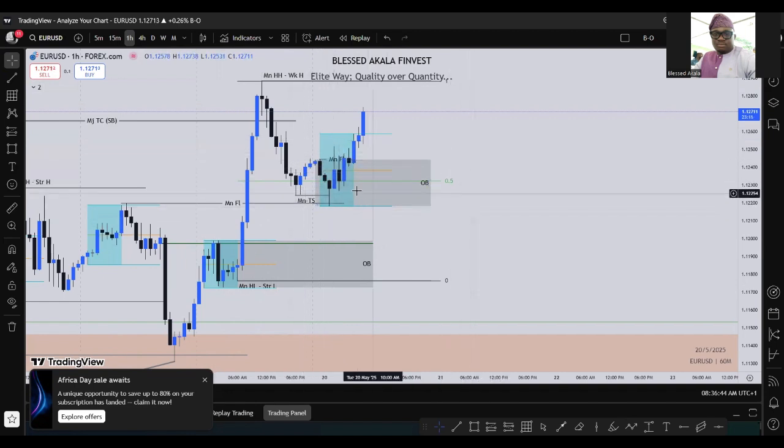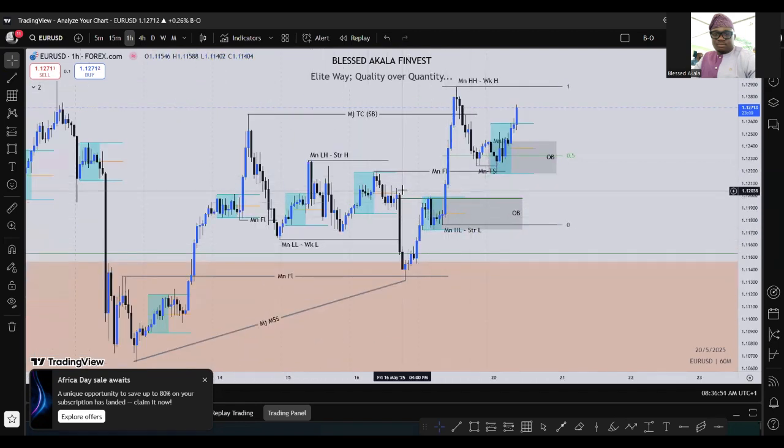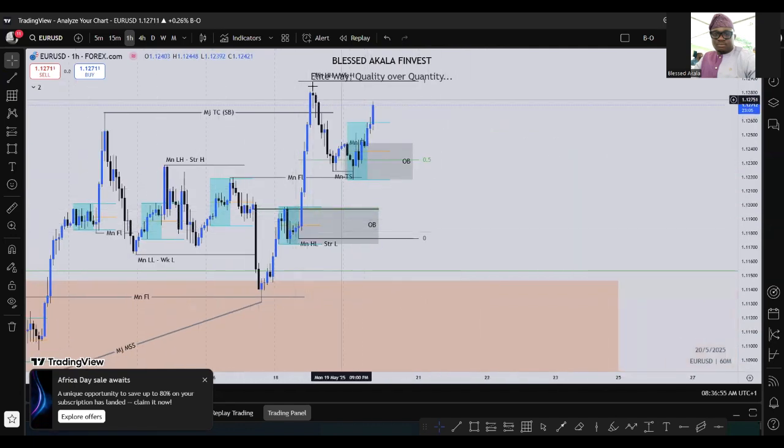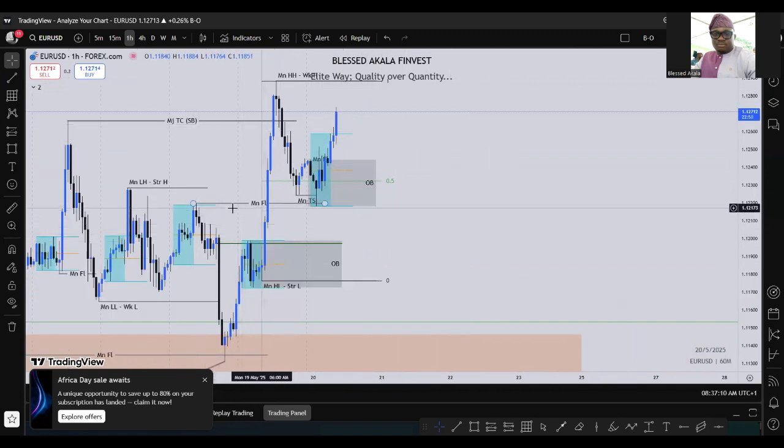So personally, I'm anticipating that, since we missed this level, because I was considering it's too clean to be true anyway, this level stands, and immediately we start having this kind of retracement, just straight movement downward yesterday. I've been thinking that we might eventually not have the mitigation of this level before we go back into the high. But I didn't know that we're going to use this mitigation block here.